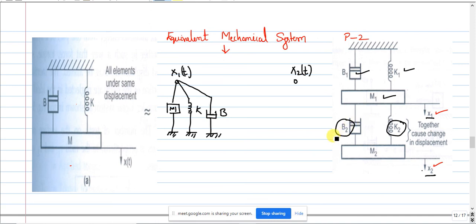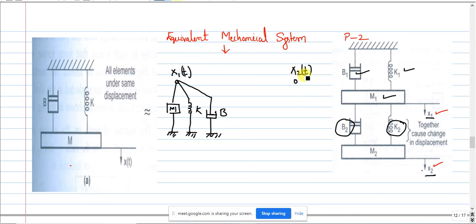Under x2 you see m2, and you are not supposed to consider b2 and k2. There is a reason, because in case x1 is acted, there will be the existence of friction b2 as well as deformation in k2. Similarly, when x2 exists, there will be a friction b2 and deformation in k2. So this is the logic: b2 and k2 will act as a common element between m1 and m2.